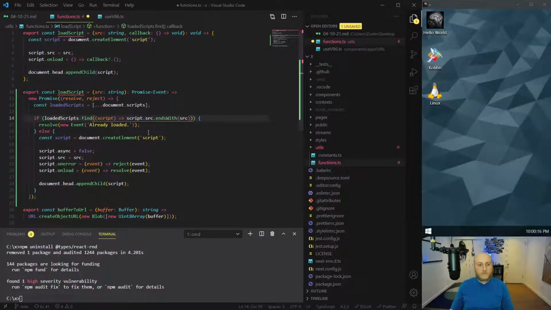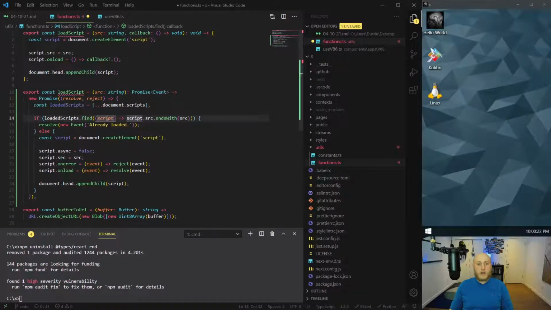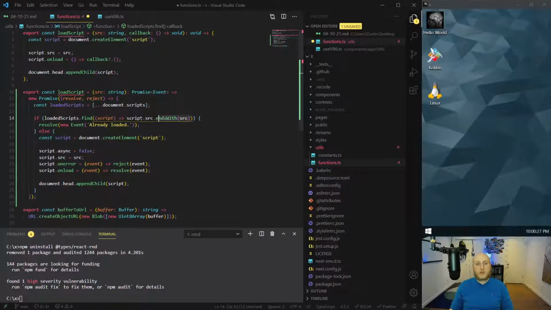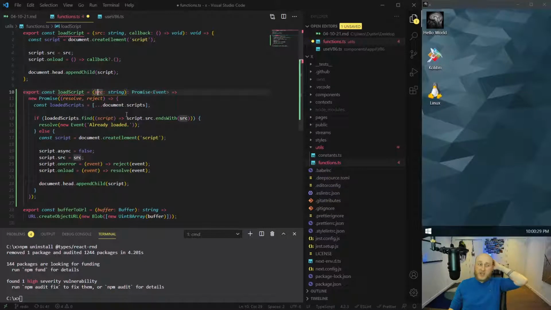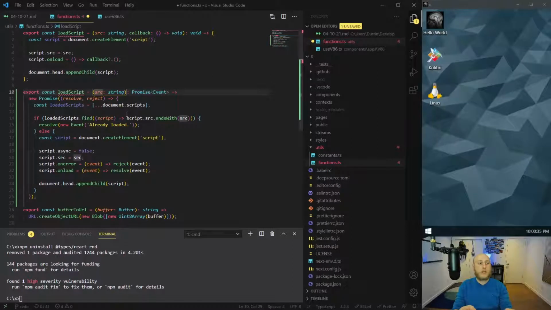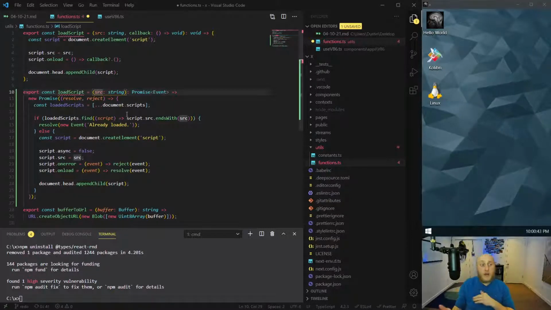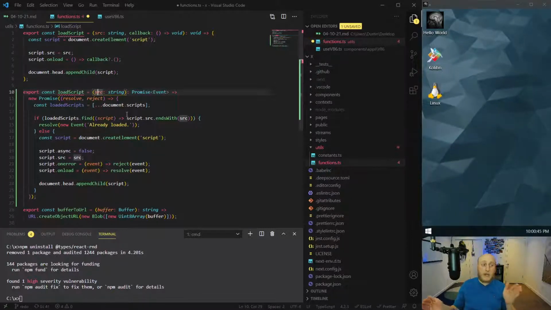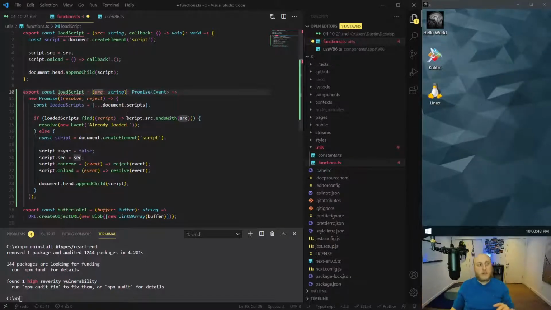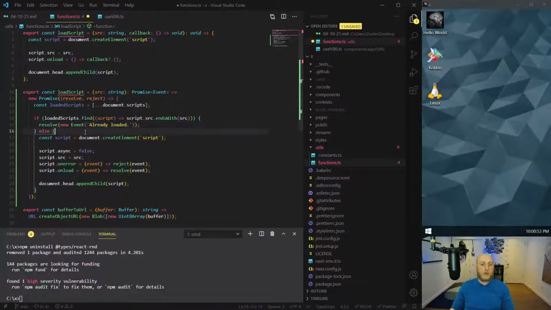So where was I? Yeah, so we convert it to an array, and then I go loadedScripts.find and go through each script, in other words, in the array, and then check the source and see if it ends with the same source that you're trying to load. Now, the reason I do endsWith is because if you add a small path, and you dump that script in, and then you go to read it again, it actually adds the domain name part. So if I just do a straight comparison, they aren't the same. But I'm just going with, hey, if the URL ends exactly the same, then to me that's the same script. So in that case, I just resolve the promise right away and say it's already loaded,